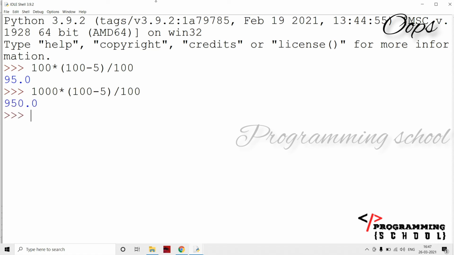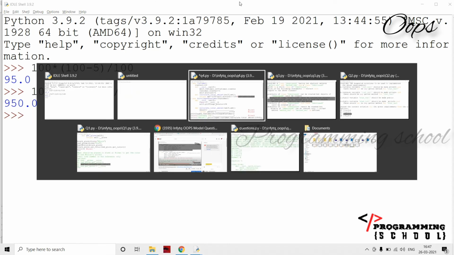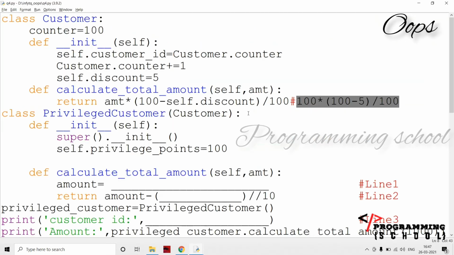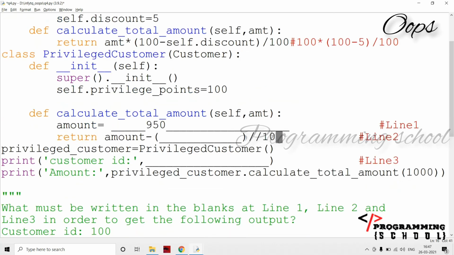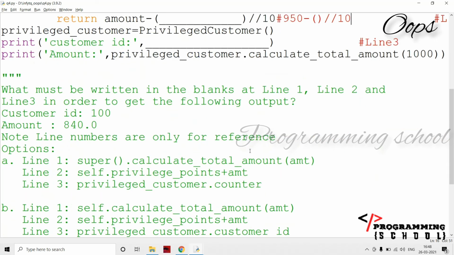That means it is going to be return 950 here. Now I'm coming to here, and here I'm going to return 950, and 950 minus something I have to subtract, pi by 10, and it is going to be 840.